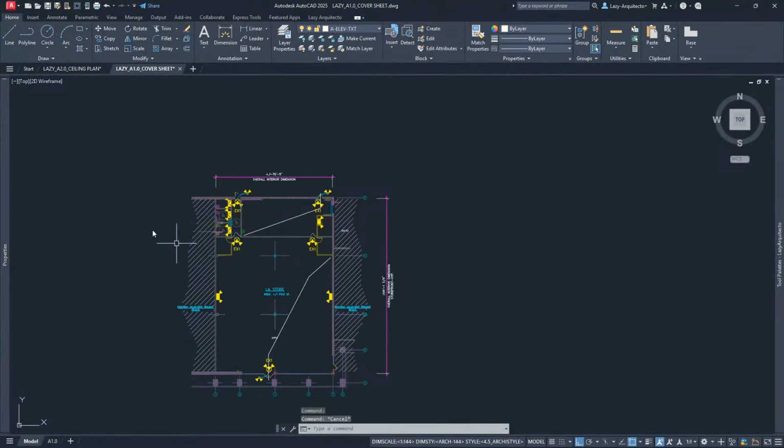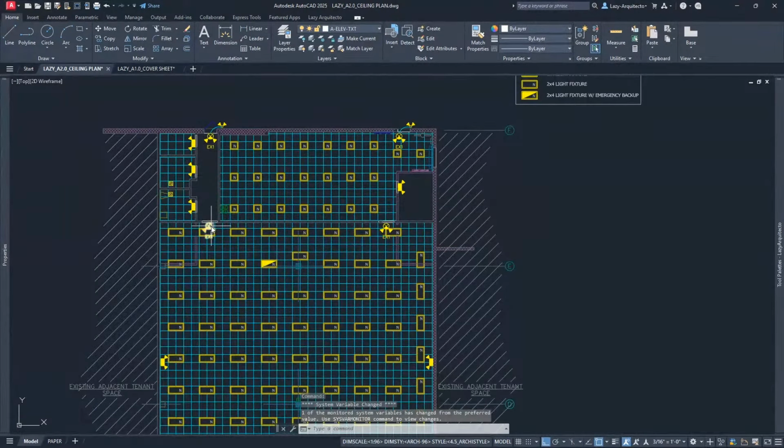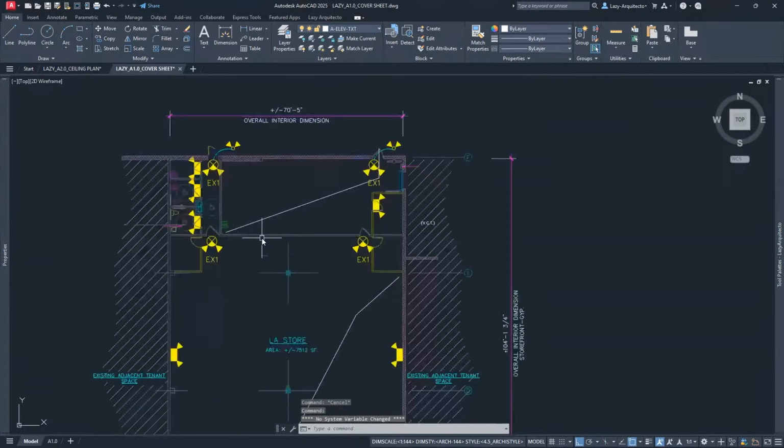But not only that, also the problem is sometimes you will add or remove lightings on your ceiling plan, and most of the time you'll forget to also do those changes on your egress plan. So you can see it's a mess, right? So let's see how we can streamline that process. And the way we're gonna do it is,